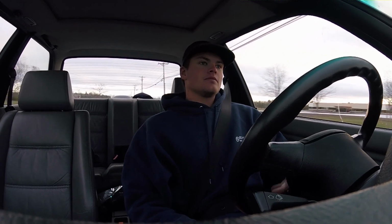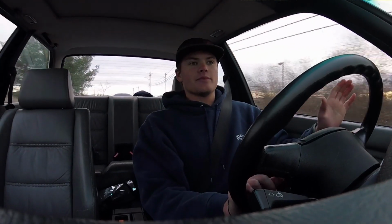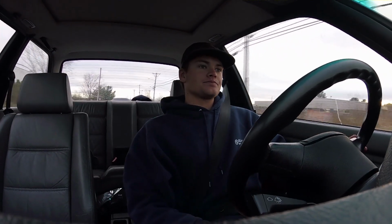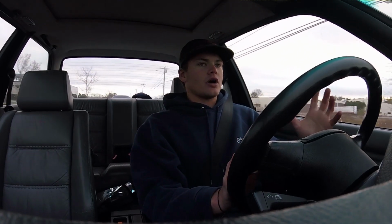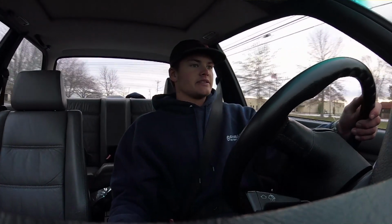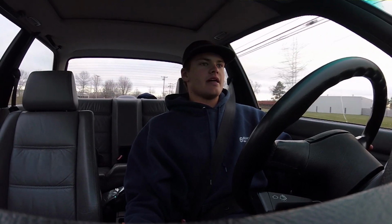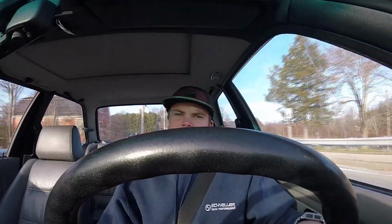And BMW would not be where they are today with all their M cars if it wasn't for the E30 chassis. It is really like the founding car that enabled them to mass produce all of their sports cars that they make today. And I think it's really cool to be able to drive around something that kind of represents the history of BMW. So the third thing I want to talk about is the